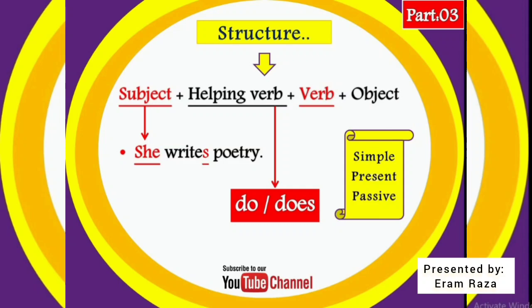बट अगर आपको याद हो, अगर आपने मेरी पार्ट 2 जो है वो पैसिव वाली वीडियो, लास्ट वाली मेरी वीडियो अगर नहीं देखी, उसका लिंक भी मैं डिस्क्रिप्शन में मेंशन कर दूंगी, आप वहाँ से हेल्प ले लीजिएगा। उसमें तो मैंने हर टेंस का आगे what auxiliary verbs we use and with the forms of verbs I had mentioned and I had taught you guys how can we identify the tenses. Now you have to focus on how in all our sentences we use do, does, whatever, like simple present passive, or if you are talking about only simple present, so how can we use these auxiliary verbs? तो वो आपको माइंड में रखना पड़ता है।